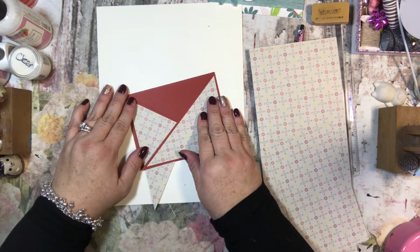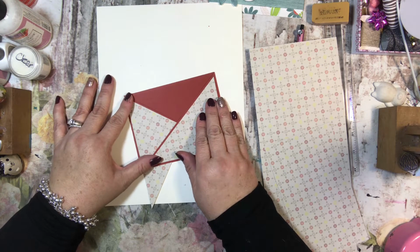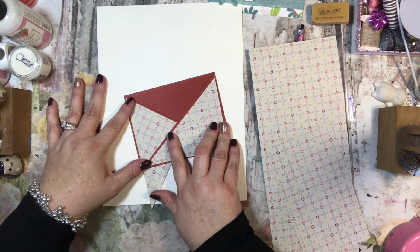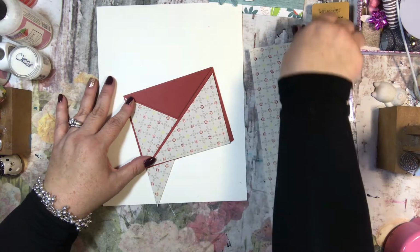Okay, so I lied. Don't even worry about it. You can use double-sided, which would be really cute because it would be two different patterns. But if you wanted to do it this way, you could just turn it this way because one of them is not going to be seen anyway. So just go ahead and